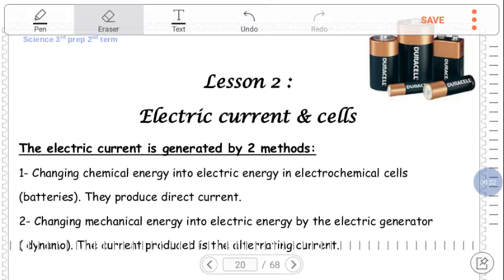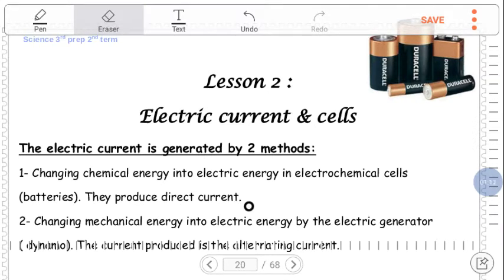First, the electric current is generated in two methods. Number one, change the chemical energy into electric energy in electrochemical cells. The electrochemical cells are the batteries. And the electrochemical cells or the batteries produce direct current. So, the first method to generate the electric current is by the electrochemical cells or the batteries that produce the